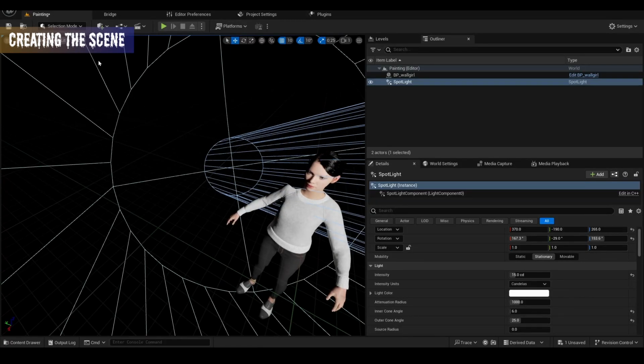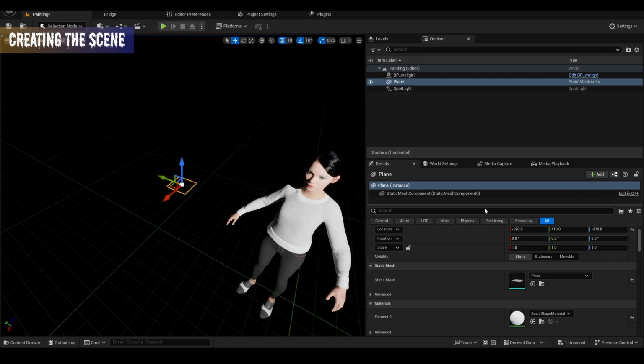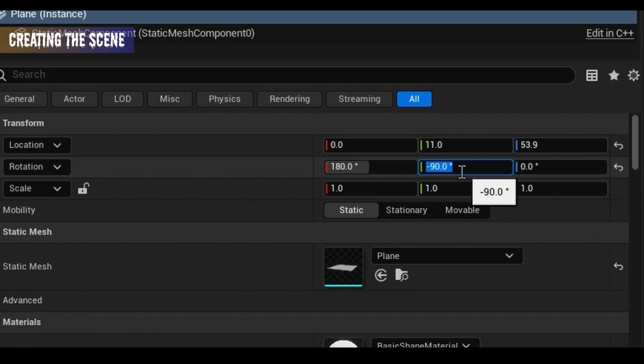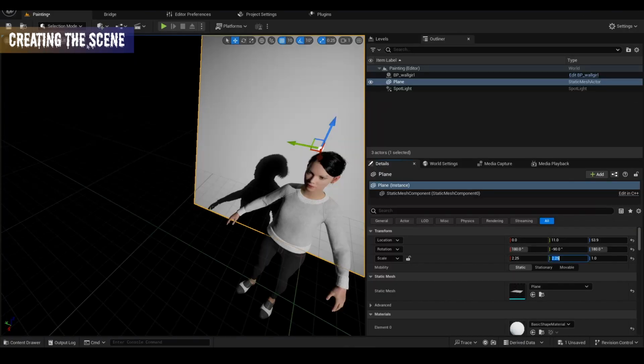All right, so also I'm gonna add the brain. Also I'm gonna change the location to 0, 7, 53.9, and change the rotation to 180, minus 90, and 180 to 0.25 and 2.25. And then I'm gonna add the cine camera,